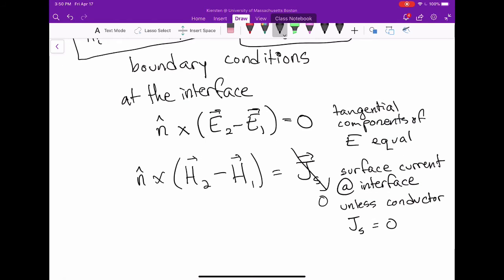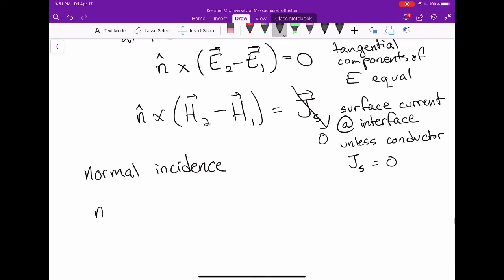Now, because we're at normal incidence, the surface normal vector crossed with any of these field components is just equal to the magnitude of that field component, because for uniform plane waves, the electric and magnetic fields are perpendicular to the propagation vector. So the surface normal vector being also the same direction as propagation vector means that all of these cross products are between perpendicular vectors, which means we just get the magnitudes. So what that means is